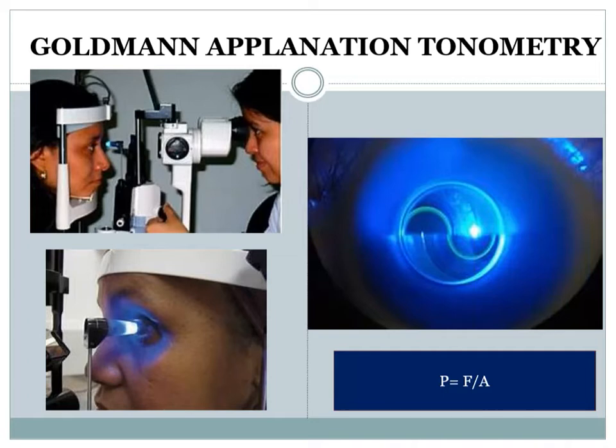So for you, I don't think they will be asking explanation of the applanation tonometer. What they will ask is which instrument is used to measure the intraocular pressure. So there are two instruments. One is Goldman's applanation tonometer, which is the most commonly used and gold standard instrument, and it gives most accurate readings. The other one is the Schiotz indentation tonometer.